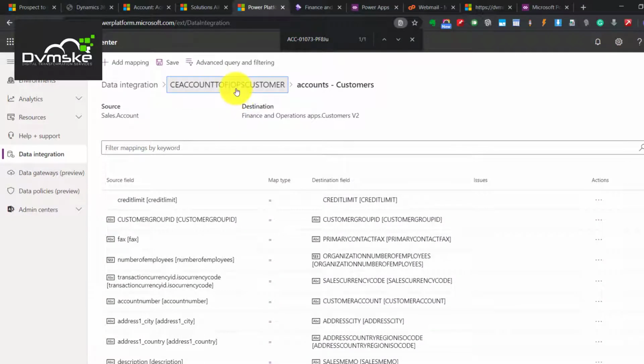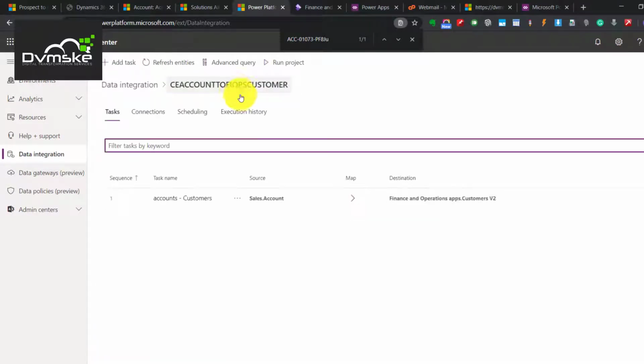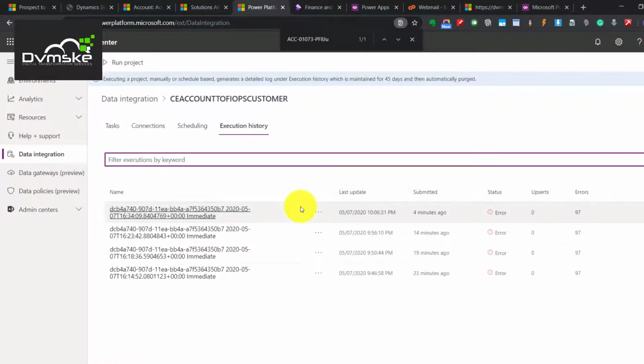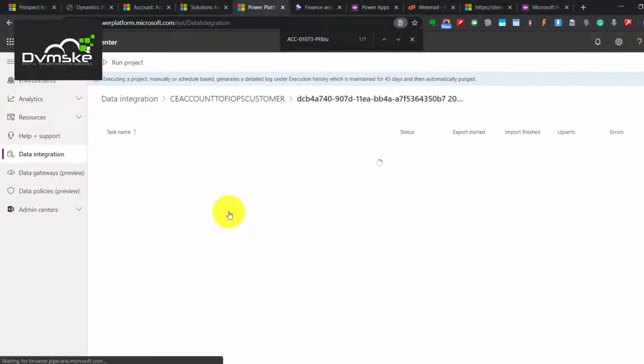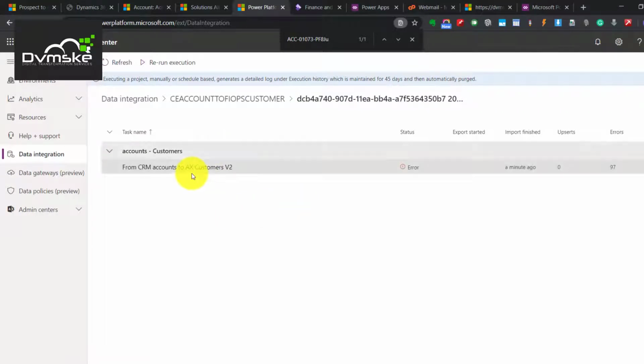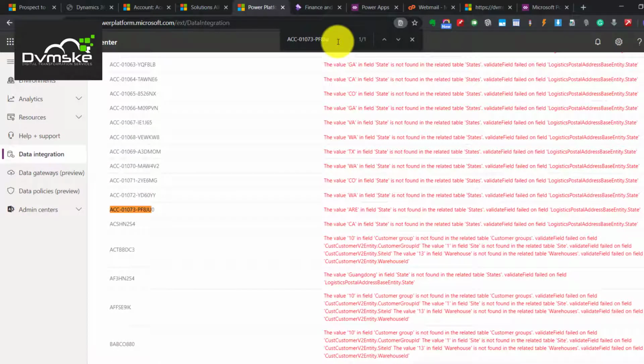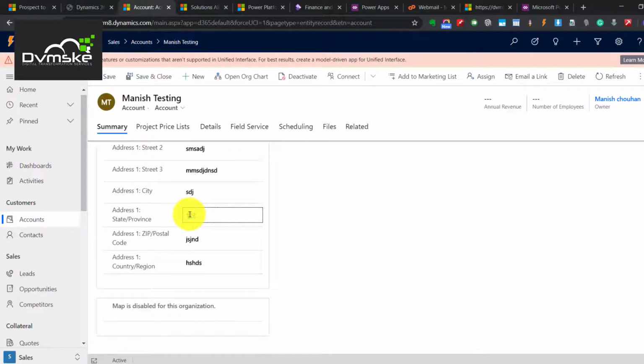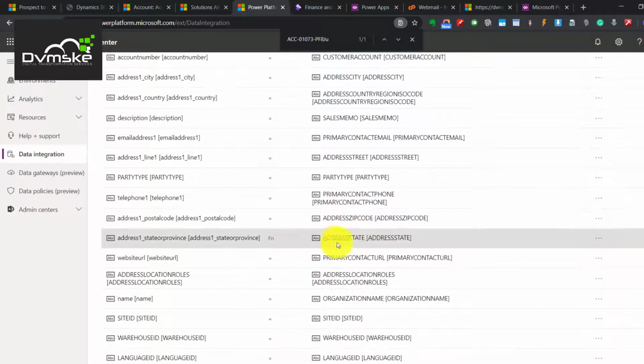and still we are getting the error. But our motive of knowing how exactly it works, it's the same. So if I go here and see the error and search for that particular record, you will see now the error is converted to the value ARE in field state is not found. That means the master in Finops, we are not able to find the exact master. That might not be correct ARE, but at least it has converted our record value, which was 1 to 3 into ARE. So I will be removing this particular mapping itself,